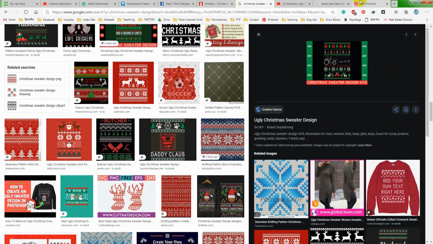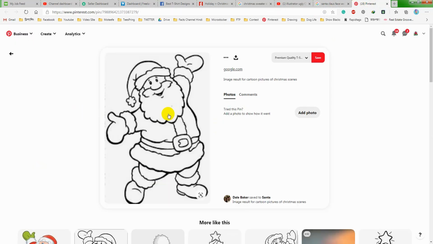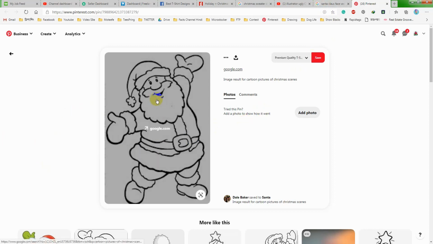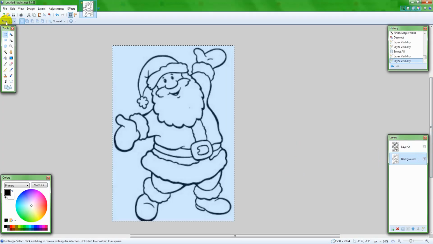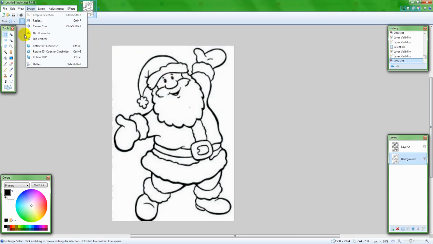Now for this one here, I needed a Santa Claus image, so I took this one from here, and this one could be copyrighted. So what I did was take that image, and first of all I made a larger version of it by resizing the image size here.